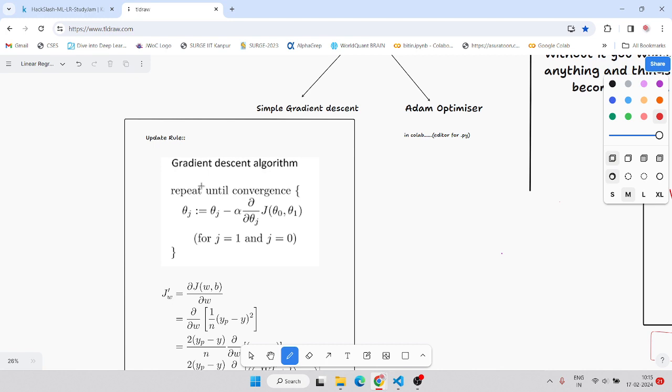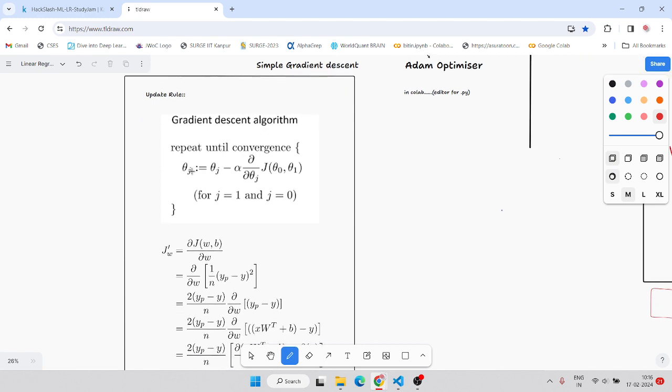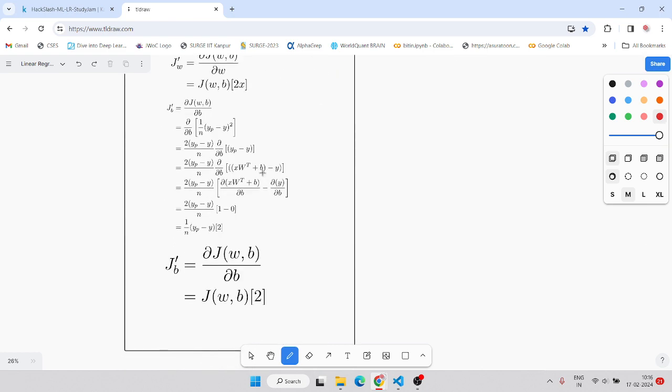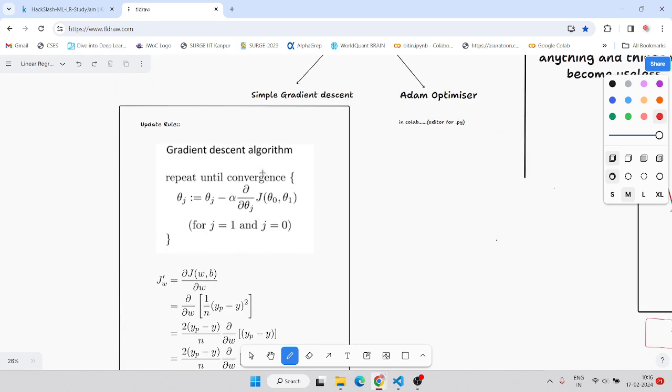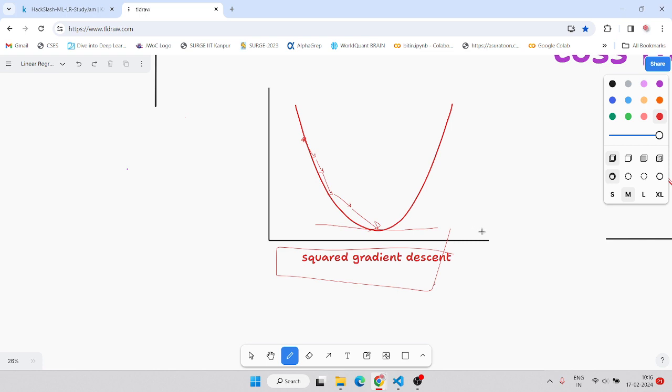Okay, so how does a simple gradient descent algorithm work? Basically, we have a loss function. We update that by multiplying it by a learning rate alpha, and we differentiate it. So basically, at this place, this is all mathematics. You don't have to go deep into it, but this is what happens at this place. We have the loss of the model,